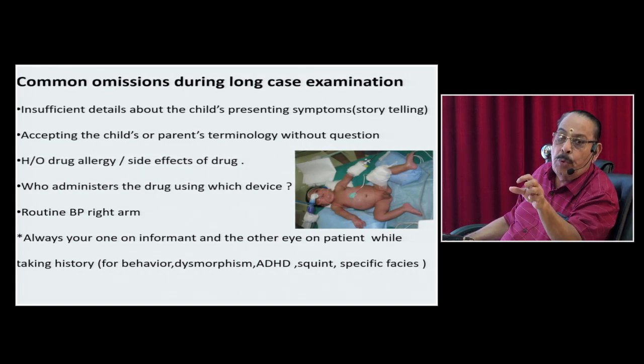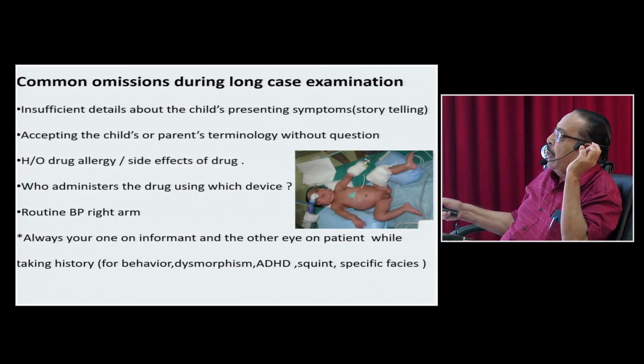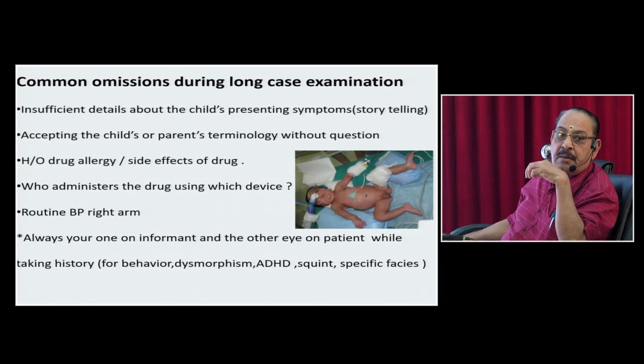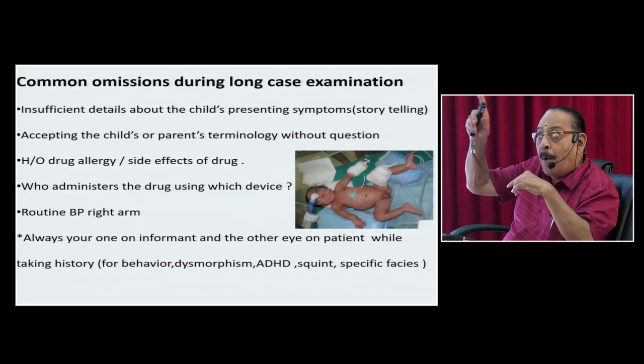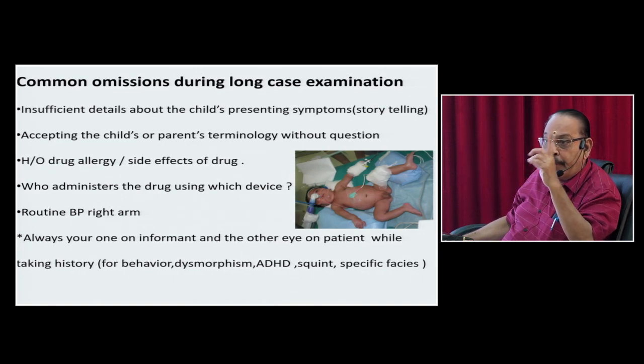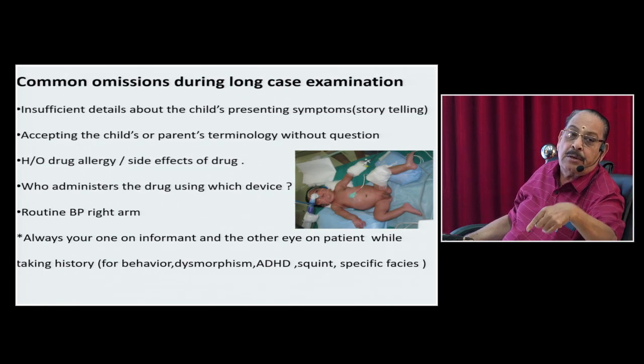Always try to find out the salient two predominant symptoms of that particular system which you need to evaluate. You will get an immediate lead. Drug history and side effects as a routine, many of you are not doing as a routine. There is no teaching, we are also not doing. This should be written first on the top of the case sheet, then only the name of the patient. Otherwise you will lose the patient, if you write the drug which the child is not supposed to experience again.